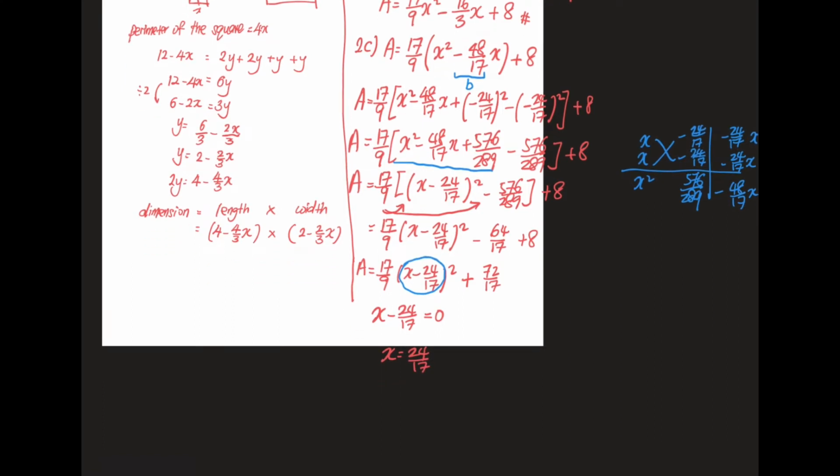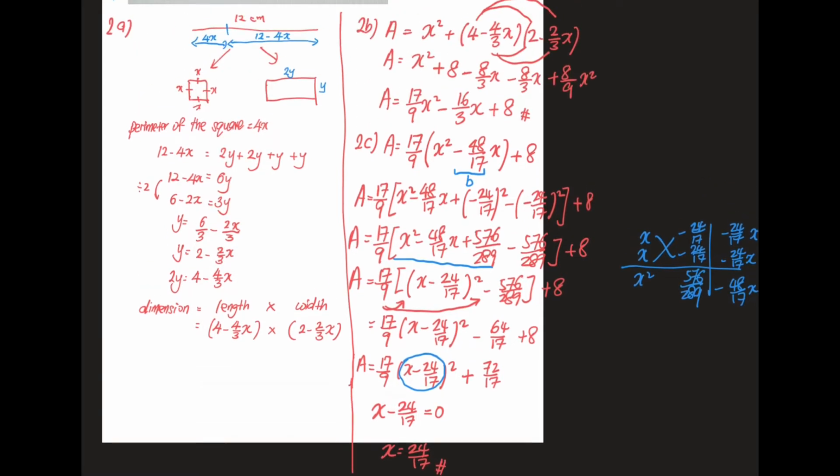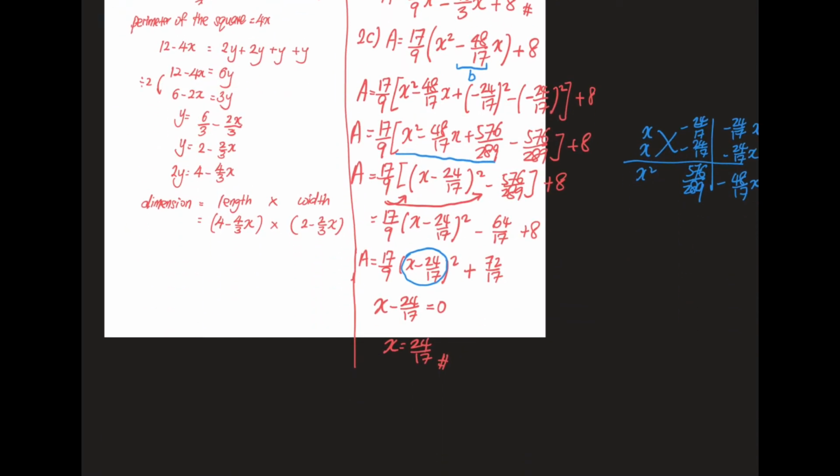This is the x value that makes the area to be minimum. Okay, so this is one of the answers. As the question asks, we want to determine the length of the two pieces. So this is the length of the square